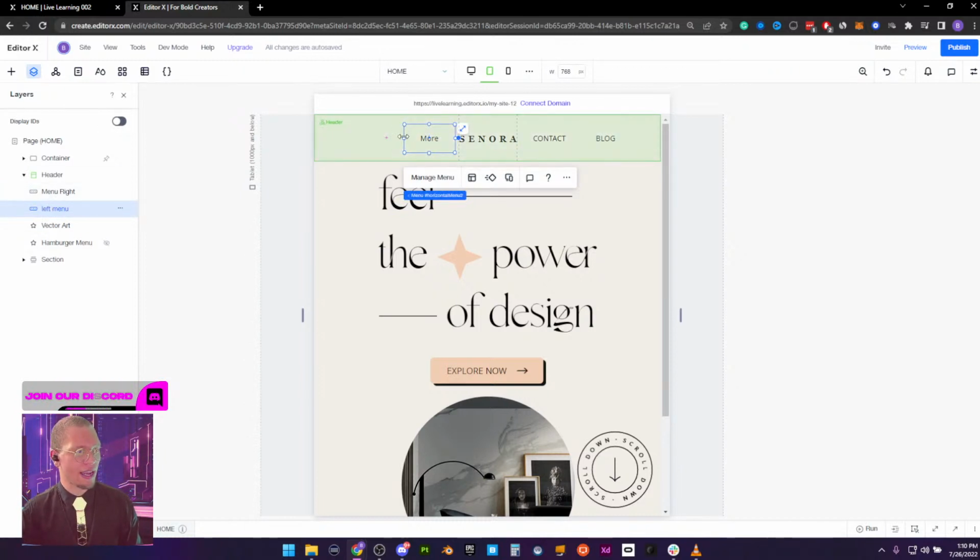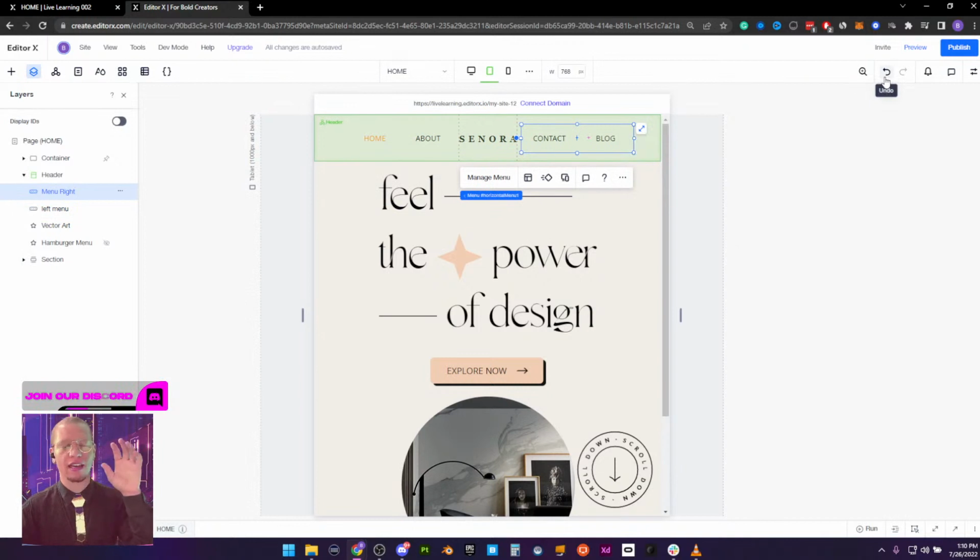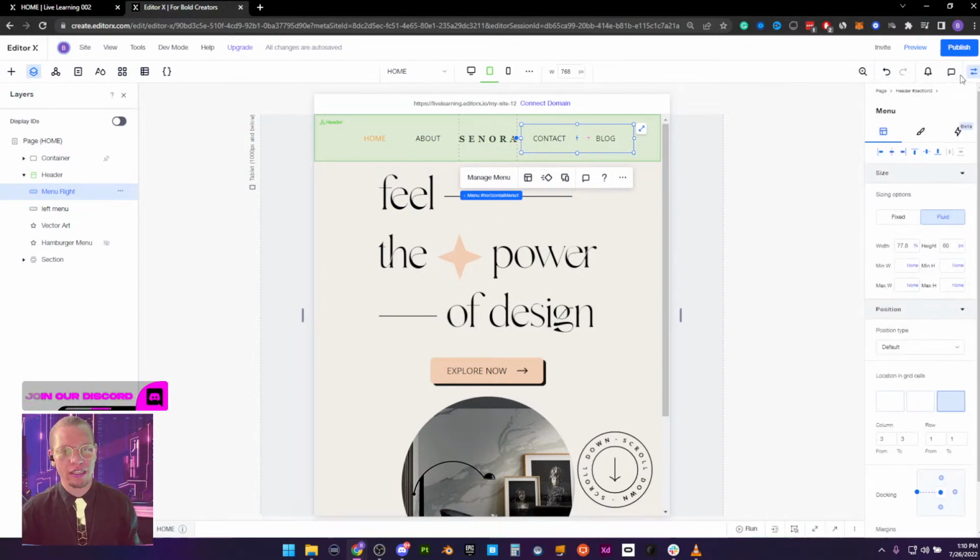And we're just going to drag it out so that we see both words. And if I really want to be a little bit more specific in terms of the width that I want for these pieces of our menus, I can go over into our inspector after selecting our menu, and I can actually dictate the width of these elements. So right now we're looking at a 77% width.